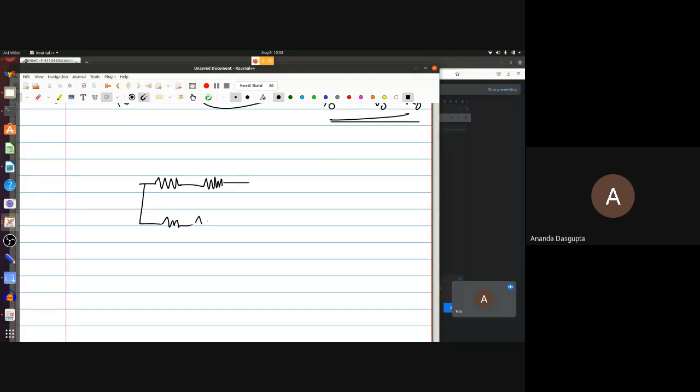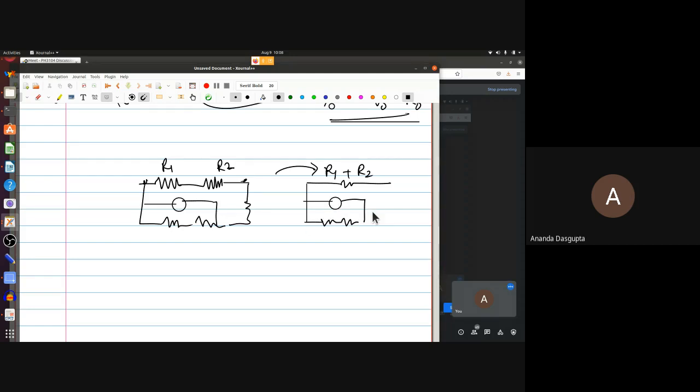and then you have other parts of the circuit, some other things, some voltage sources, whatever. But when you say you can replace R1 and R2 in series here by R1 plus R2, and you're saying it will not make any difference to the circuit? That is, you keep the rest of the circuit the same and just replace these two resistances by one single resistance. Are you saying it will make absolutely no difference to the circuit, or are you saying something less absolute than that?